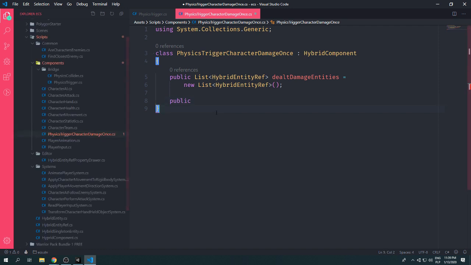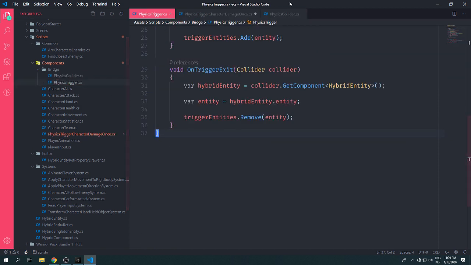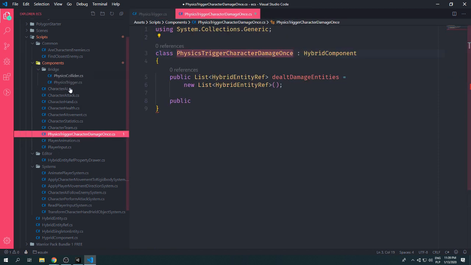I'm not sure whether the name of this component is right. It's like physics trigger character damage once. What does it mean at all? Maybe like